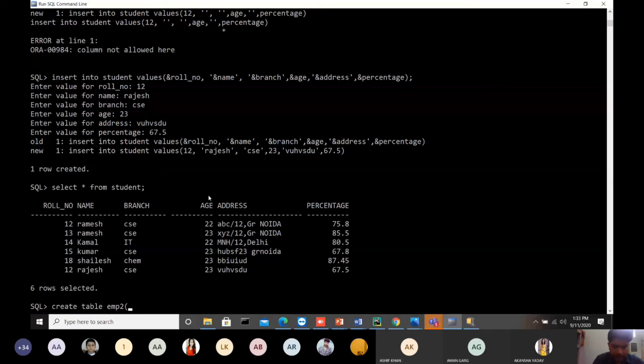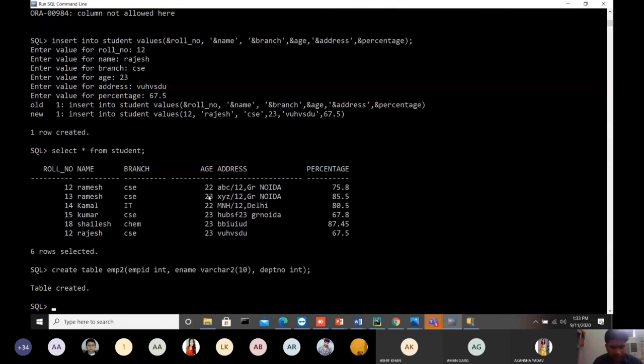Employee ID is an integer type, and ename is a varchar2 of size 10, fine, good, and department number is again an integer type, right? Let it be only 3 entries. So the table is created. Now we are entering some values. Now we are entering: insert into